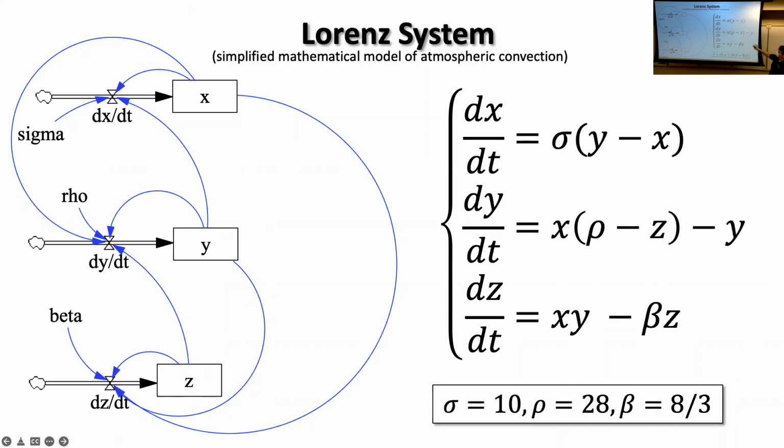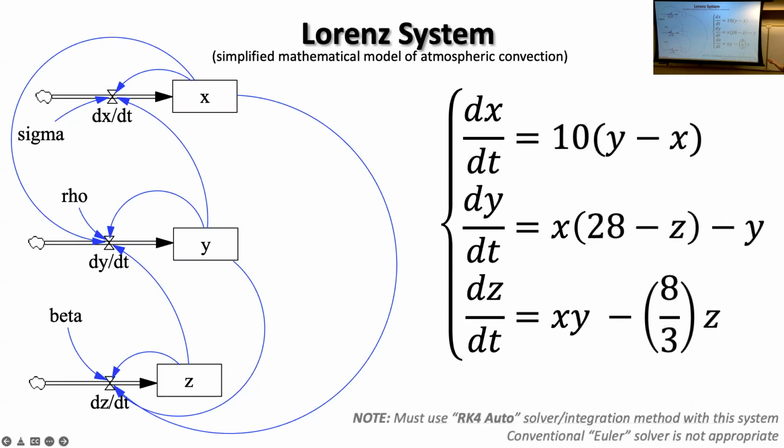My inflows have this structure, and this is what's called a Lorenz system. Any system with this structure is called a Lorenz system. There's a bunch of Greek letters, but they're just constants, just parameters that are filled in here. So this actually isn't that complicated looking of a system. Up here, the inflow going into X is just Y minus X times 10. And you can see so on and so forth here.